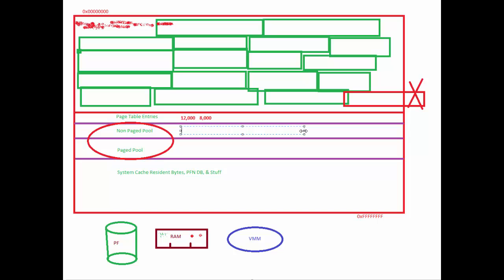There's also some thresholds we need to be cognizant of with the non-page pool. That's a good way of just saying the stuff where the drivers live that is in RAM, versus the page pool, which is the area where the drivers live that is not in RAM, even though that's way oversimplification. The non-page pool, on a 32-bit operating system, is going to be 260 megabytes, which is all that the system pretty typically is going to be able to support. If you go over this or approach 80% of that,